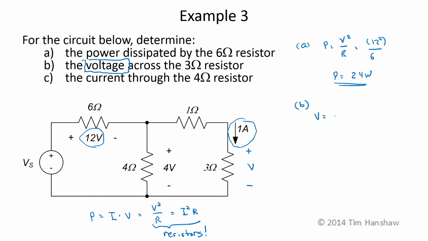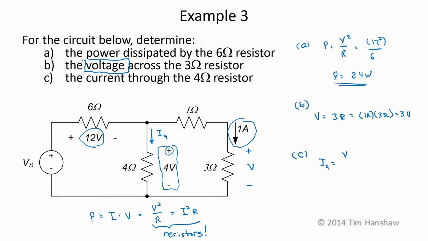Now, by Ohm's law, V is just equal to I times R, which is 1 amp times 3 ohms, which is equal to 3 volts. On part C, the current through the 4 ohm resistor, I'm given the voltage across the 4 ohm resistor, and I'm told that this is my positive terminal. If I define my current such that it enters the positive terminal, call this I4, then Ohm's law applies, and